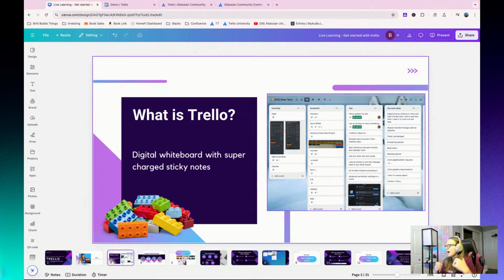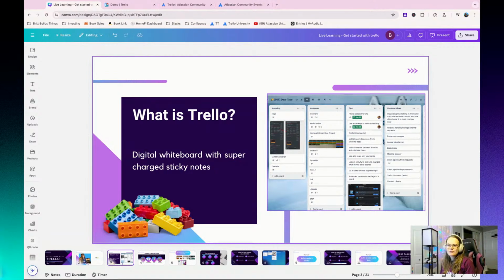I like to describe Trello as a digital whiteboard with supercharged sticky notes. And what does that mean? Do you like organizing information? I assume you do, because that's probably why you're here at a seminar about productivity. If you like to sort your information, maybe you have different tasks, or different contacts, or different things that you need to group, and there's a digital whiteboard that you can put up on your wall, but you can access when you're at the grocery store, or when you're at your office, or on vacation, or whatever.